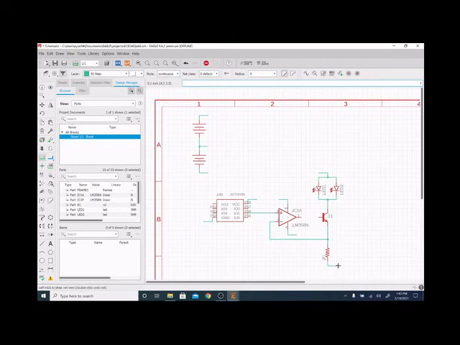That connects there. That connects there. Hit escape. That goes there. And I think that's all the wiring. Okay, now let's explain air wires a bit, because you're looking at this going, okay, well, don't I need to